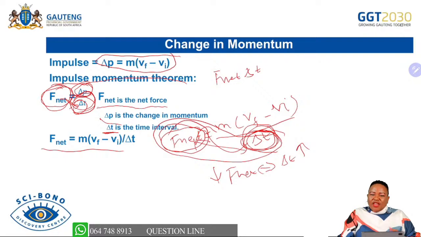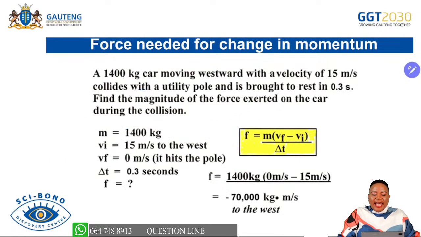And remember, if there is more force, you will exert more force on the windscreen. And according to Newton's third law that we did last year, if you exert a certain amount of force on a surface, the same surface is exerting that same force on you, but in the opposite direction. So if you exert 40 newtons or 80 newtons on the windscreen, it will also exert the same amount of force. But when you are hitting a soft surface like an airbag, the airbag will allow you to go into it, so that there will be more time of contact between you and the airbag. And as there will be more time of contact, it means there will be less force exerted on you.